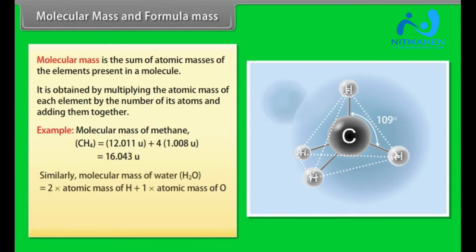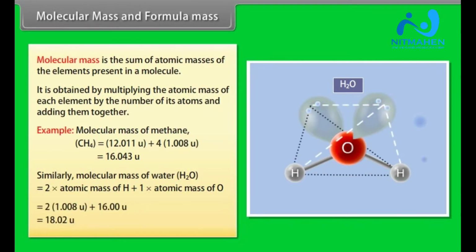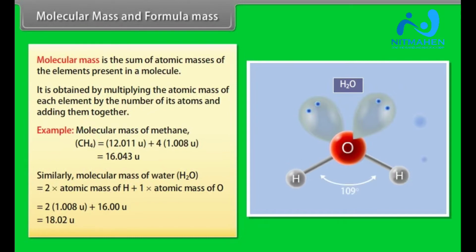is equal to 16.043 u. Similarly, molecular mass of water H2O is equal to 2 × atomic mass of H plus 1 × atomic mass of O is equal to 2 × 1.008 u plus 16.00 u, which is equal to